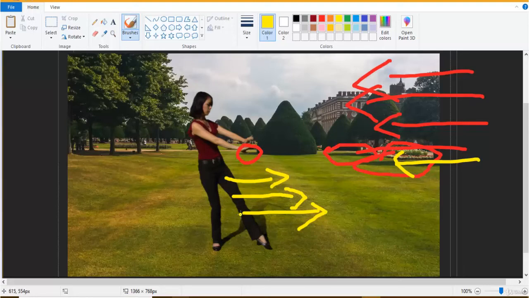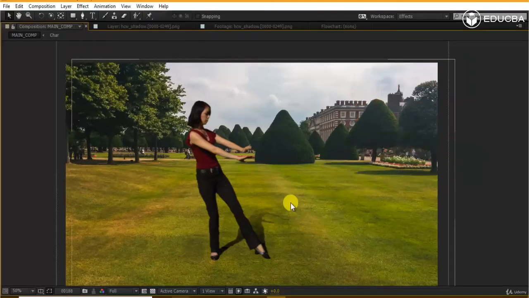Over here, as we do not have any individual controls of the shadow, or the shadow on another layer, we cannot do anything directly. So what has to be done is we have to play some trick. We have to apply our mind so that it looks totally natural. I'll go to my After Effects here,